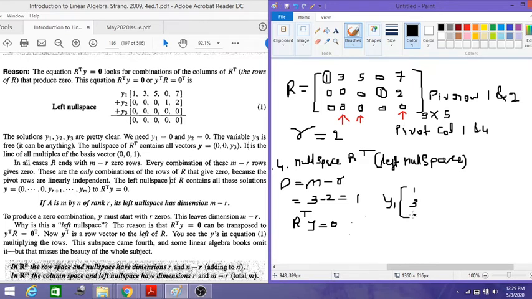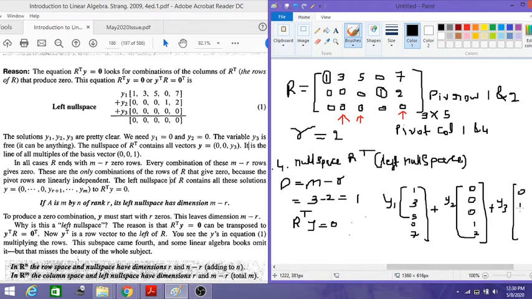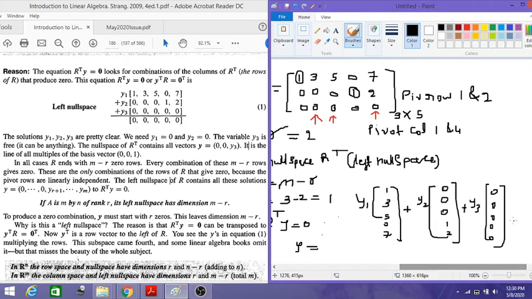So this is 1 3 5 0 7 plus, then y2 we have here, that is 0 0 0 1 2, and the third one is actually zeros, therefore y3 is actually 0. This is 0 0 0 0 0. So this results in all zeros. To get this result in zeros, the null space of R transpose contains the vector, that is y. So to make the right hand side equal to 0 here,